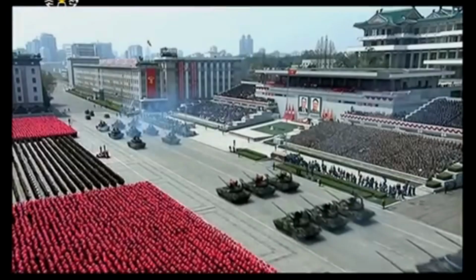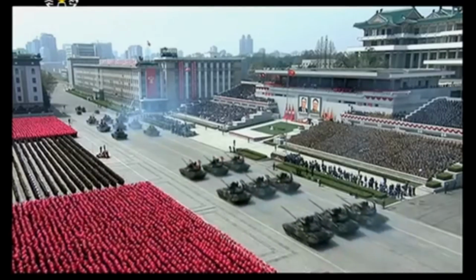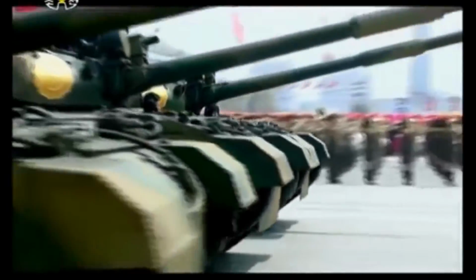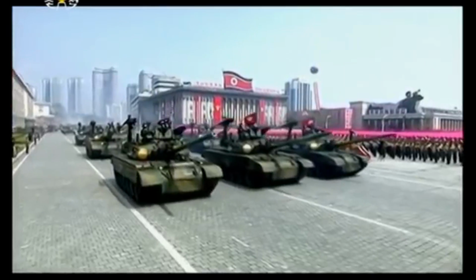The protection of the tank doesn't seem to be the best either. The armor, of course, has been heavily modified over the years, and the turret armor appears to be somewhat decent. But the problem is that we don't have any information on the composition or any armor estimates. Now, the problem with the protection is that the hull has very flimsy upgrades, and the turret design isn't the